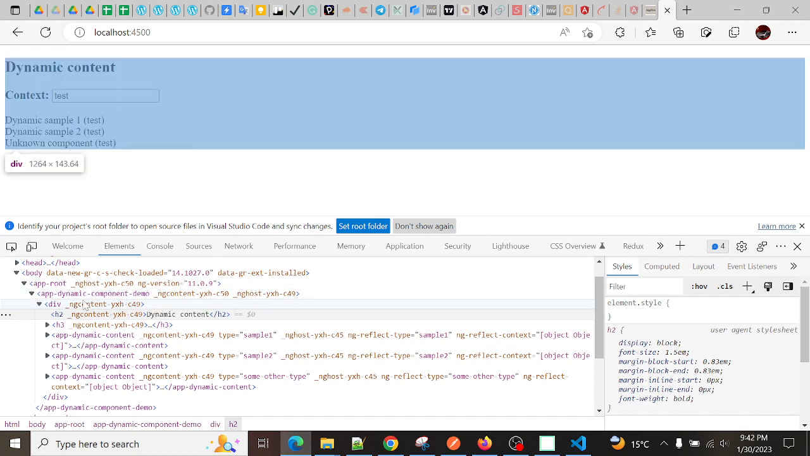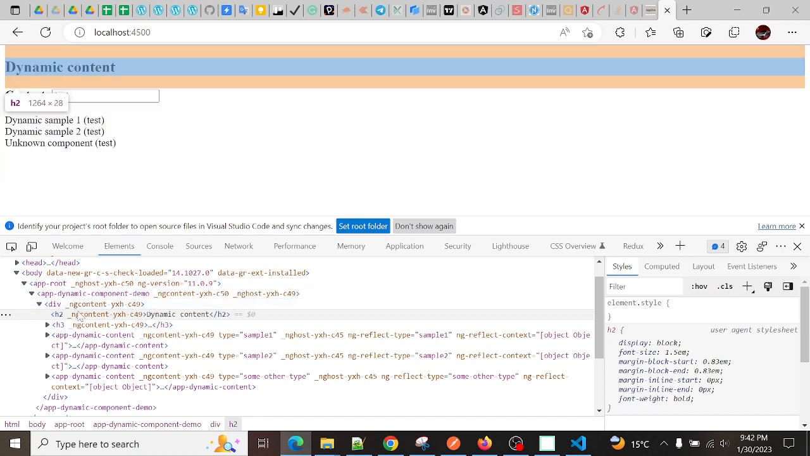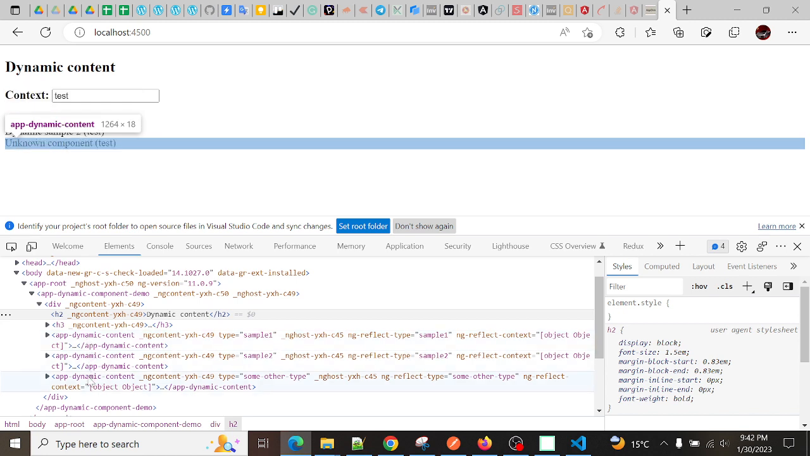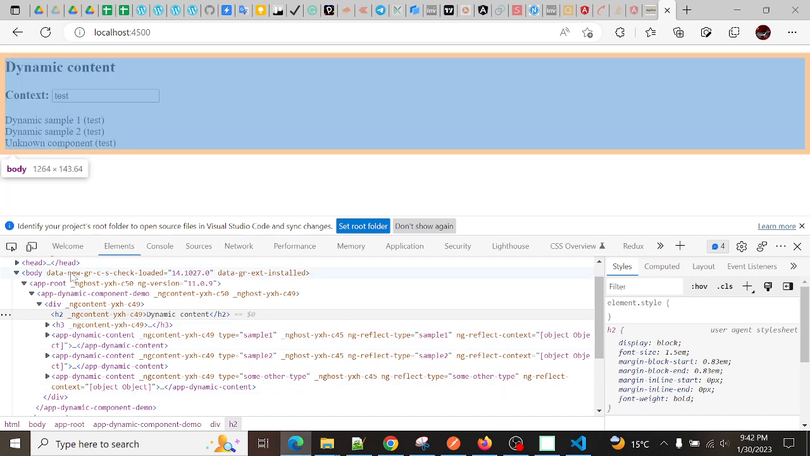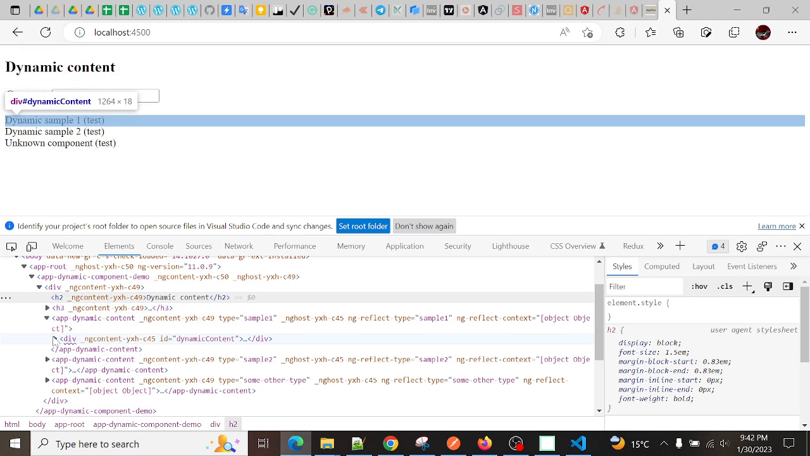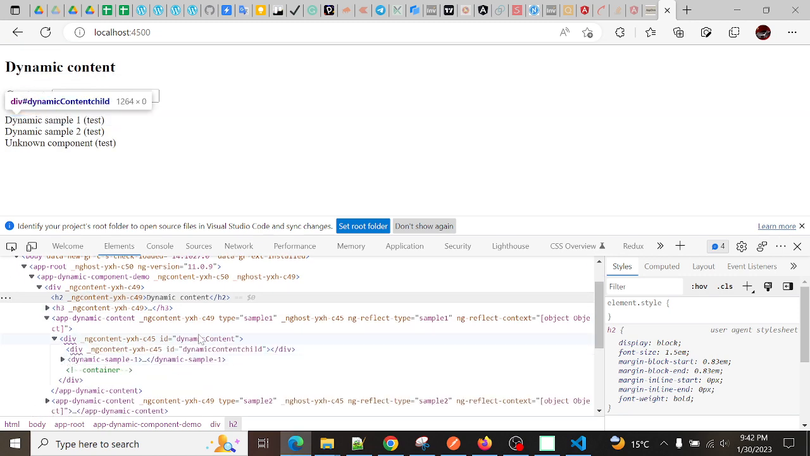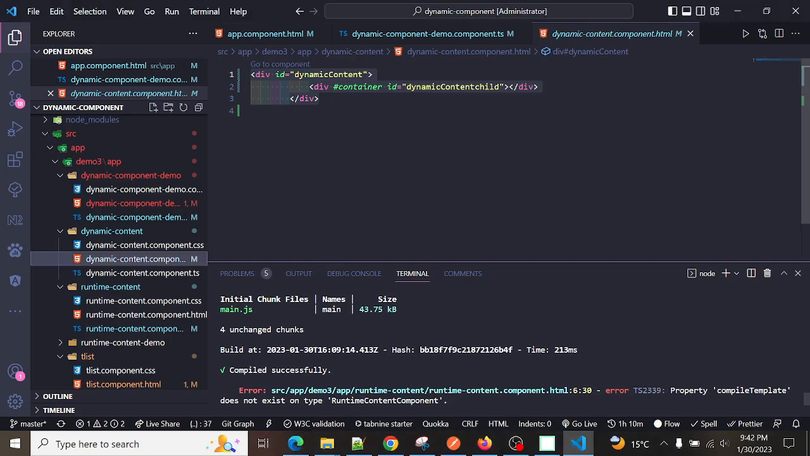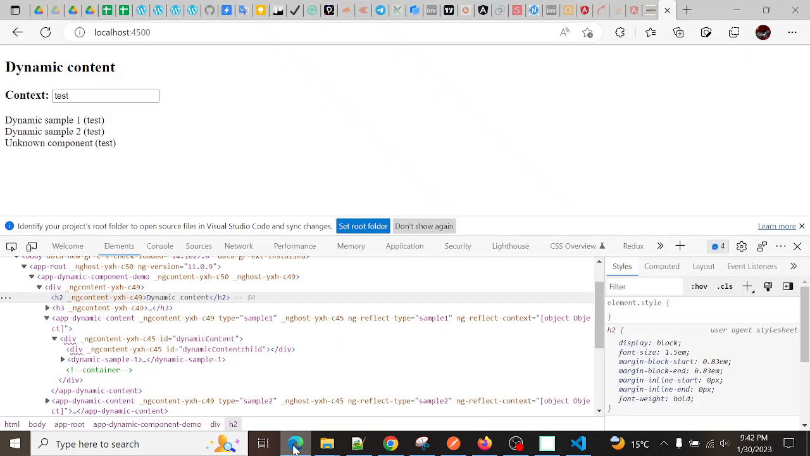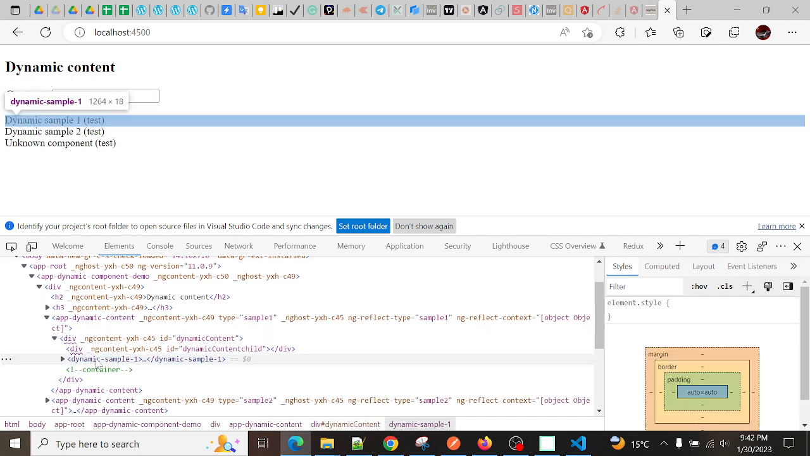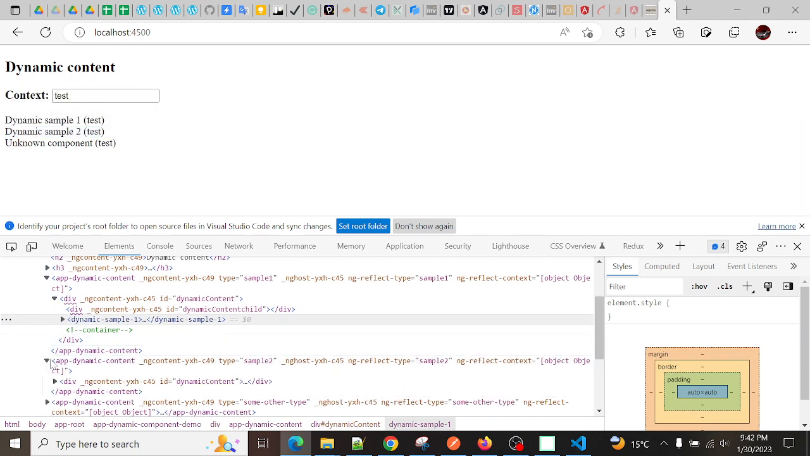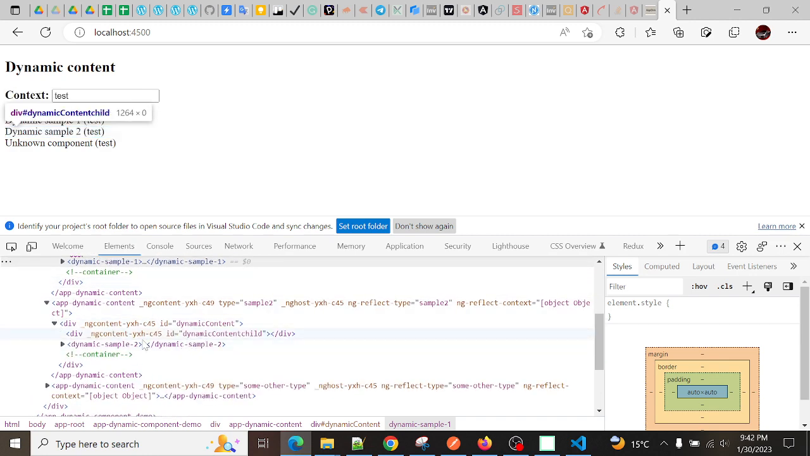So this is our main component. Then we have this div. Then we have the dynamic content. Then we have these dynamic components that we have added just now. What it does is basically add the content that is in this div. As you can see, in this div we have added dynamic sample one. So this is the dynamic component, and if you move forward, you can see here this is dynamic sample